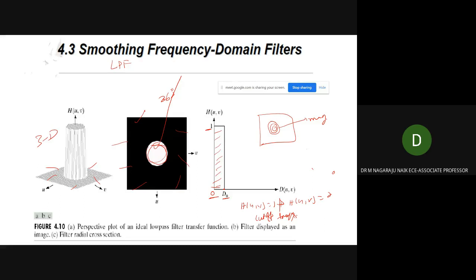This cannot be realized. The blurred images or the ringing properties of the ideal low pass filter can be easily explained with reference to the convolution theorem. The use of the convolution theorem leads to the following expression in the spatial domain: g of x comma y is equal to h of x comma y convolved with f of x comma y, where h of x comma y is the inverse Fourier transform of the filter transfer function H of u comma v.